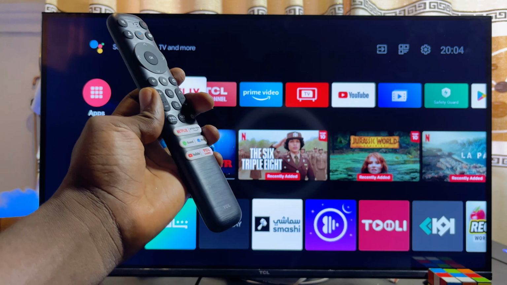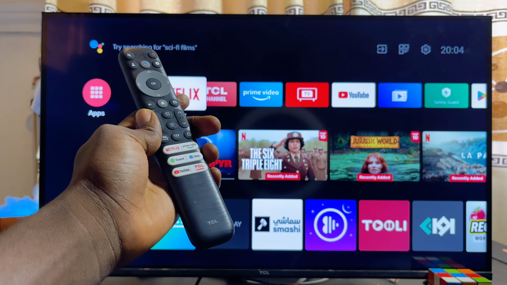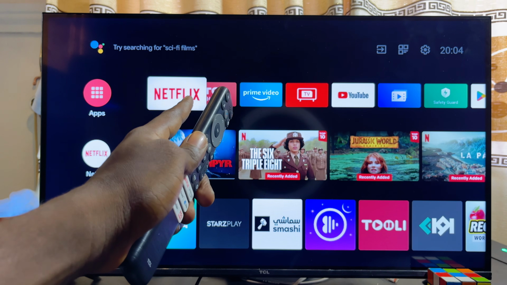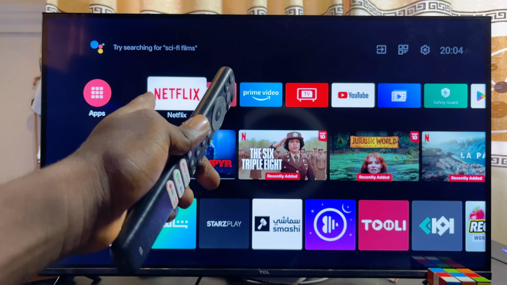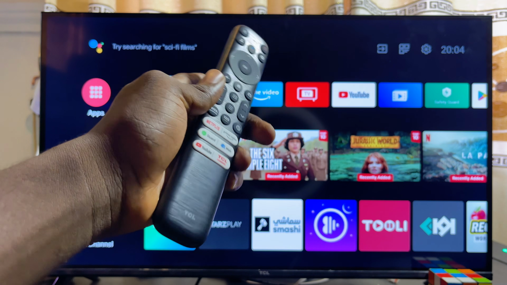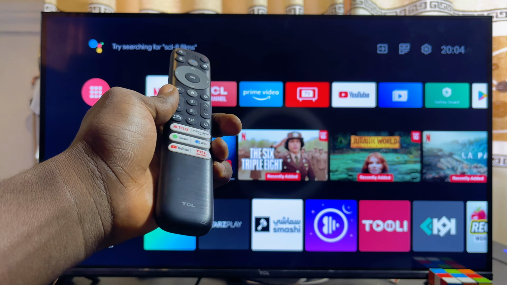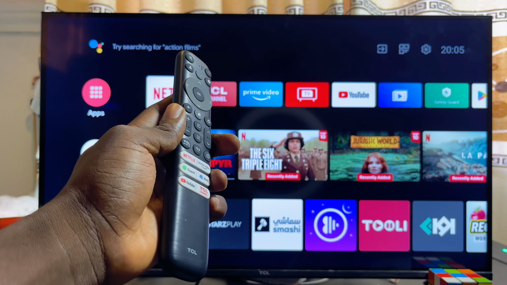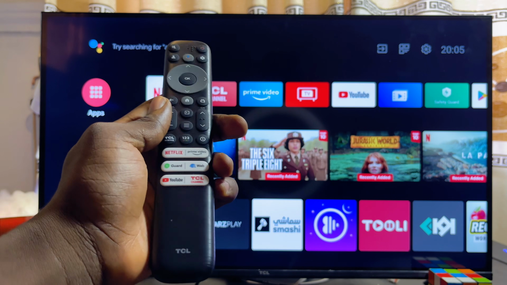In this video, I will show you how to allow apps from unknown sources on your TCL Smart TV. Now over here, I have the TCL Android TV, but this should work for you even if you have a TCL Google TV as well. So if you want to be able to install unknown apps into your TCL Smart TV without any restriction, what